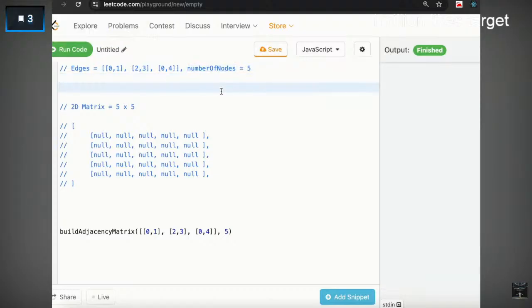इसको देखते ही हमें पता चल जाना चाहिए कि हमारा जो 2D मैट्रिक्स है, वो 5 क्रॉस 5 का होगा, क्यों? क्योंकि मुझे नंबर ऑफ नोड्स इसने बता दिए हैं। तो आई नो कि दिस इज गोना बी अ 5 क्रॉस 5 मैट्रिक्स, और हमें कुछ ऐसा चीज बनाना है, ठीक है, जिसमें कि आप देख सकते हो ये एक 2D मैट्रिक्स है।